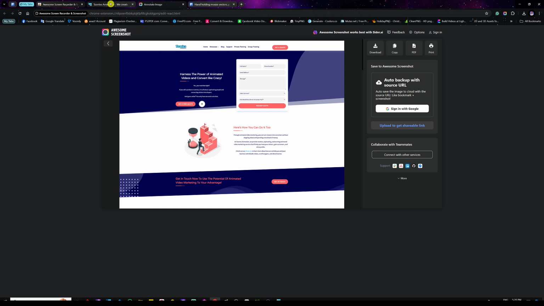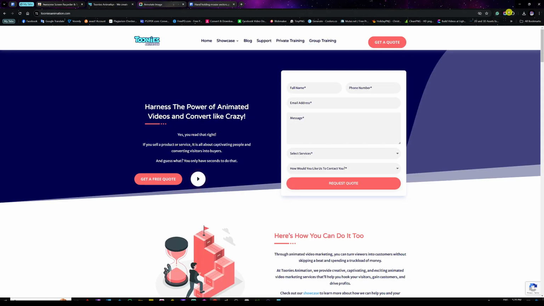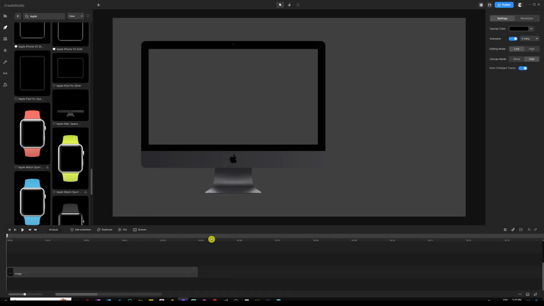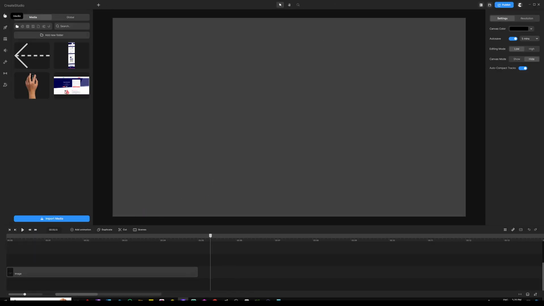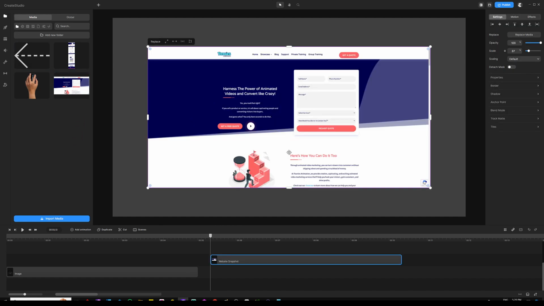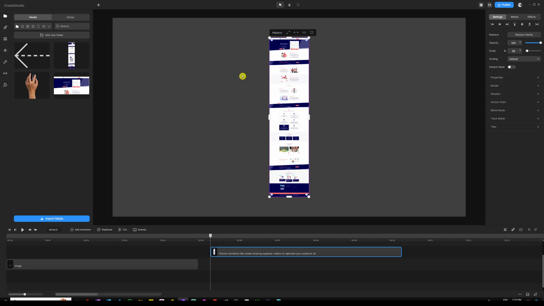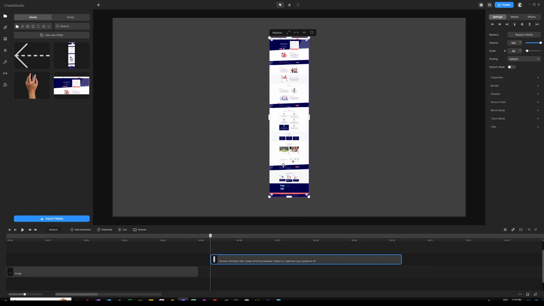So you can do this by taking a snapshot of the entire page and also take a snapshot of the visible part, so we can have two screens. So let me go back into the CS and show you the type of media files that we're gonna work with. This one is just a screenshot of my home page. It's just part of it, right? And then the second one is going to be a full snapshot of my website. And this is going to be the one that we're going to use to have it scroll inside the iMac